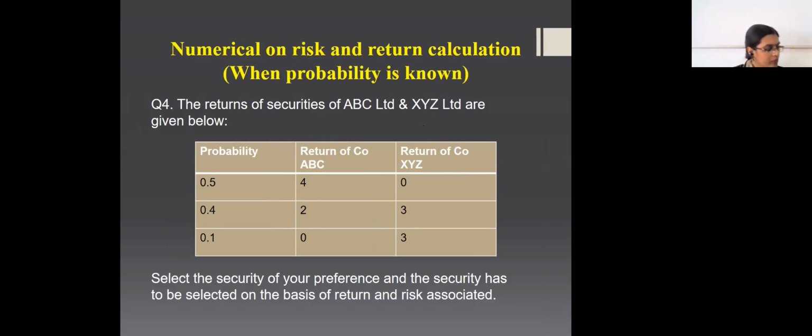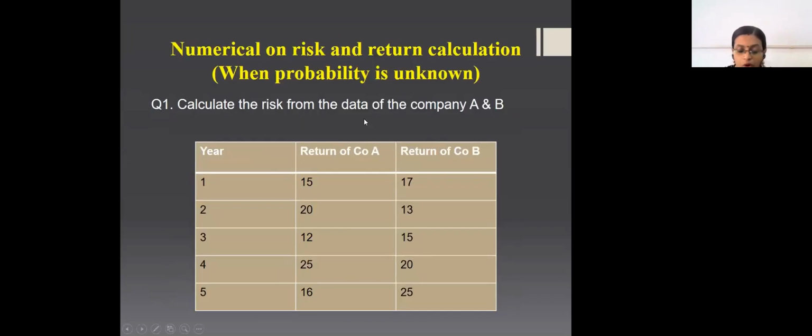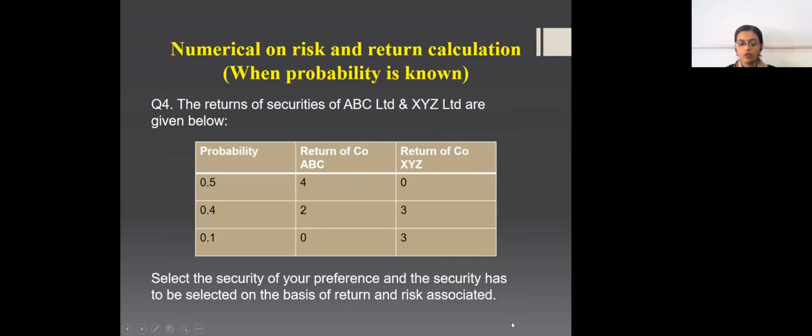Okay, so before we start calculating, we have to try and understand the difference between this particular problem and the previous problem. The previous problems that we have solved in class, in yesterday's class, did not have any probability. If you see, they had given us the year and the returns. So when the probability is not given, these are the returns that were actually generated by the company during the past years. I repeat, these were the actual returns that were generated by the company during the past years. But if you look into this particular question that we are going to solve now, they have given us the probability.